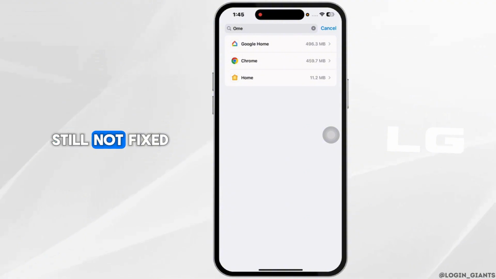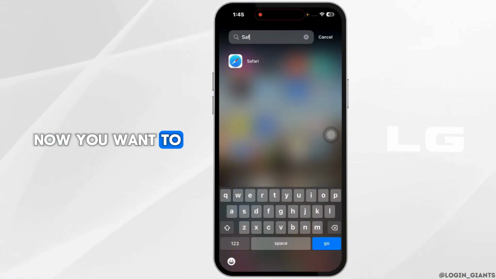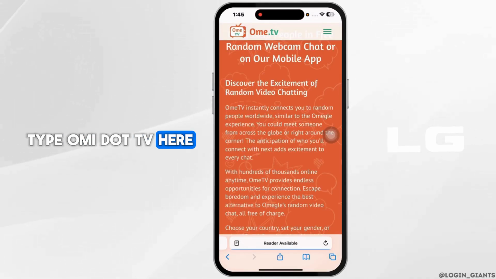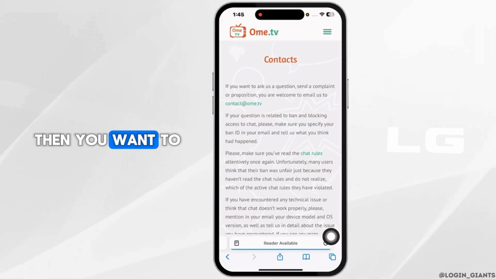If your problem is still not fixed, the last thing you want to do is open up Safari. Now you want to type ome.tv. Here, scroll all the way down and tap on the Contacts option. Then you want to tap on